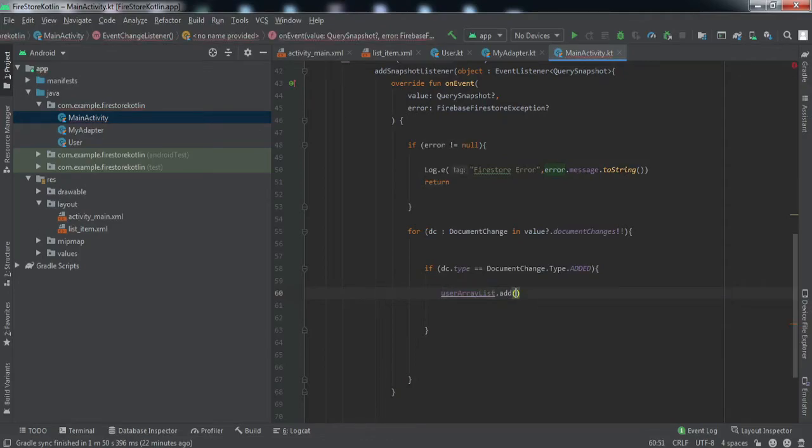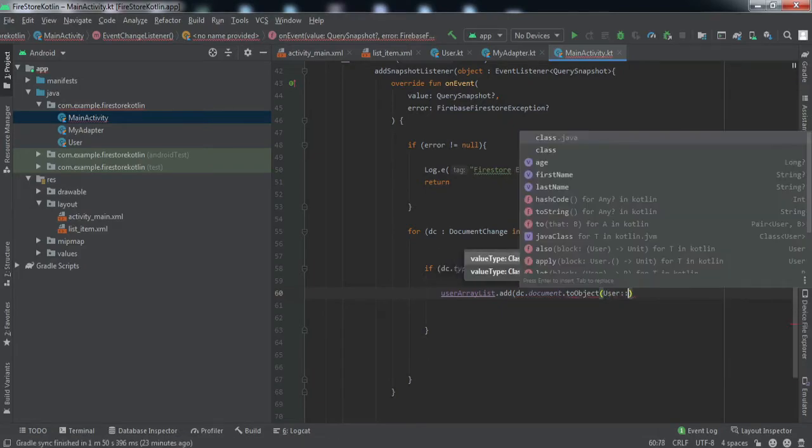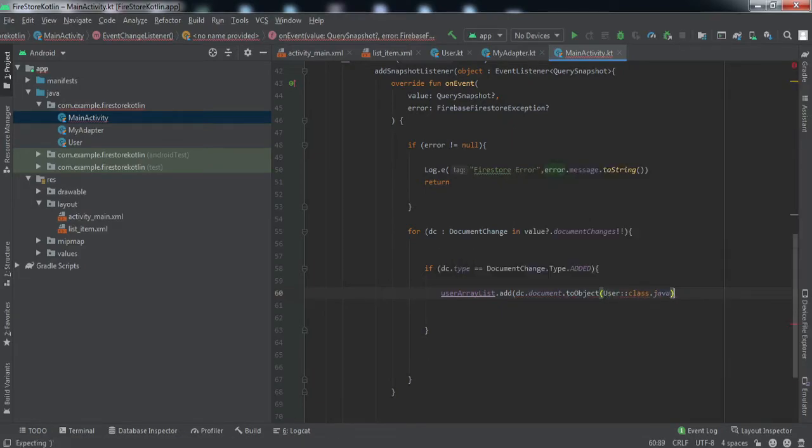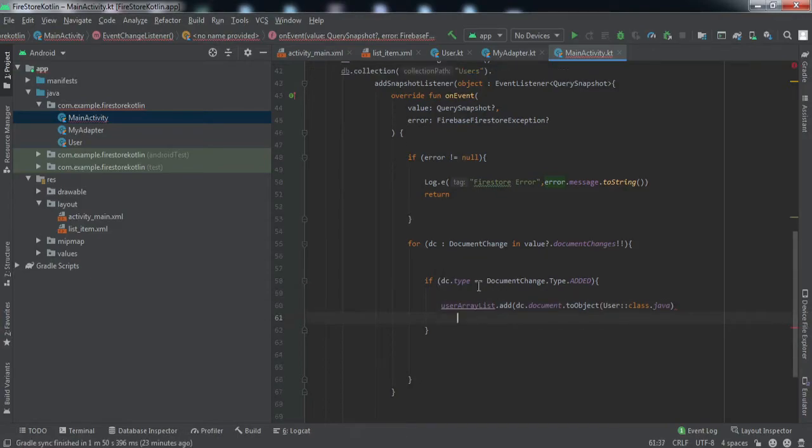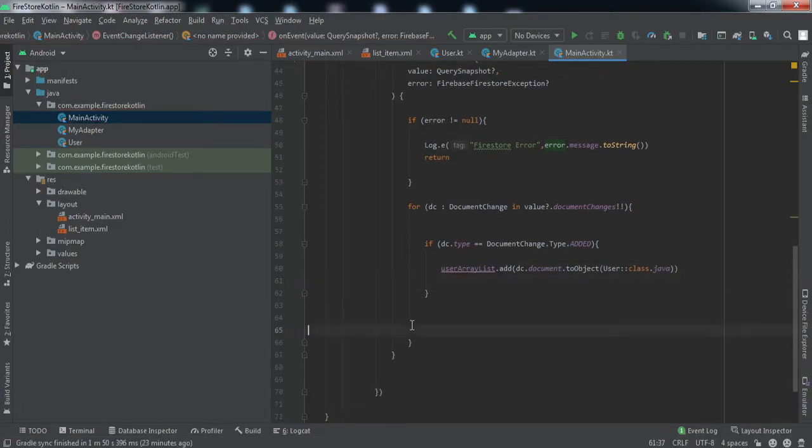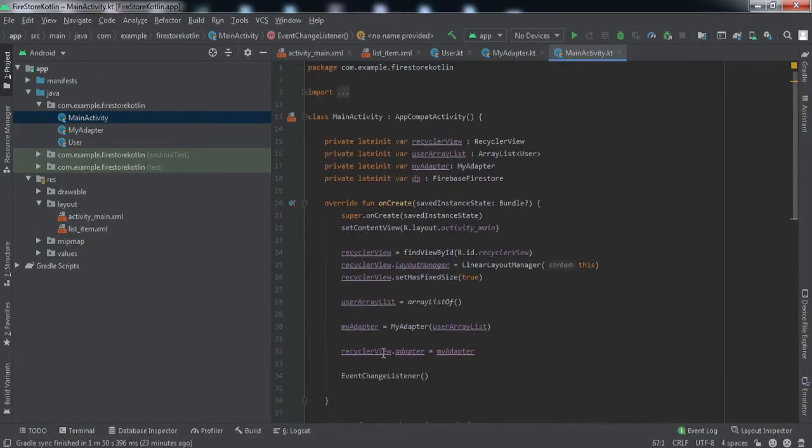So add dc.getDocument, right, we have converted the document data to the user class, and we have added all the data inside this user array list. And after we loop through all the documents, then we'll call myAdapter.notifyDataSetChanged. So that is pretty much everything we need to do inside the main activity.